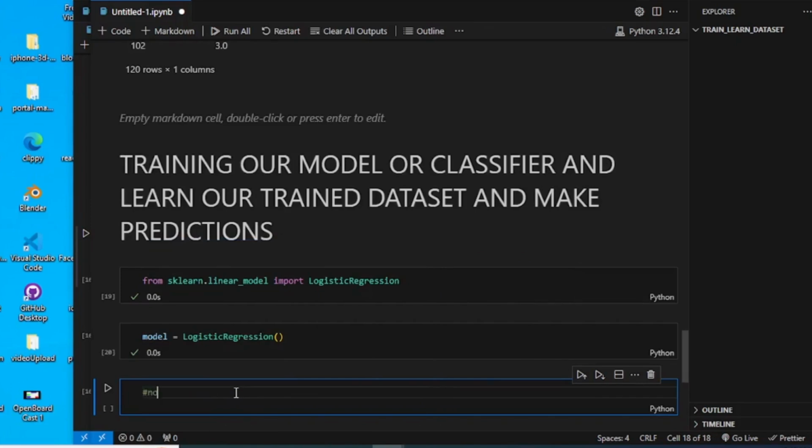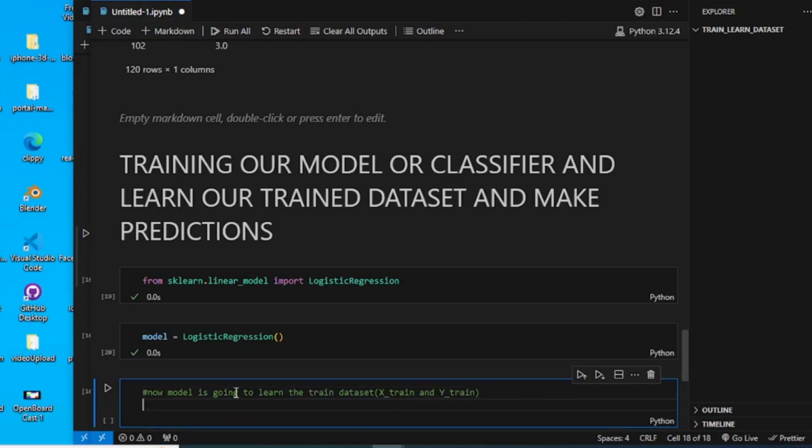So now the model is going to learn the train datasets. What are the train datasets? That is the X train and also the Y train. Good. So these are the two main datasets that we train on. So we come here and do model dot fit. Whenever you see fit in machine learning, it means we are learning something new. So you are fitting,